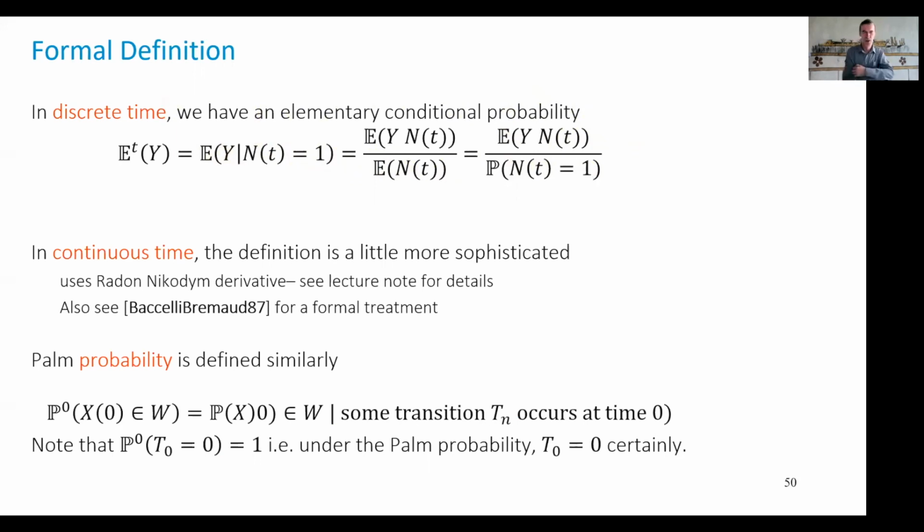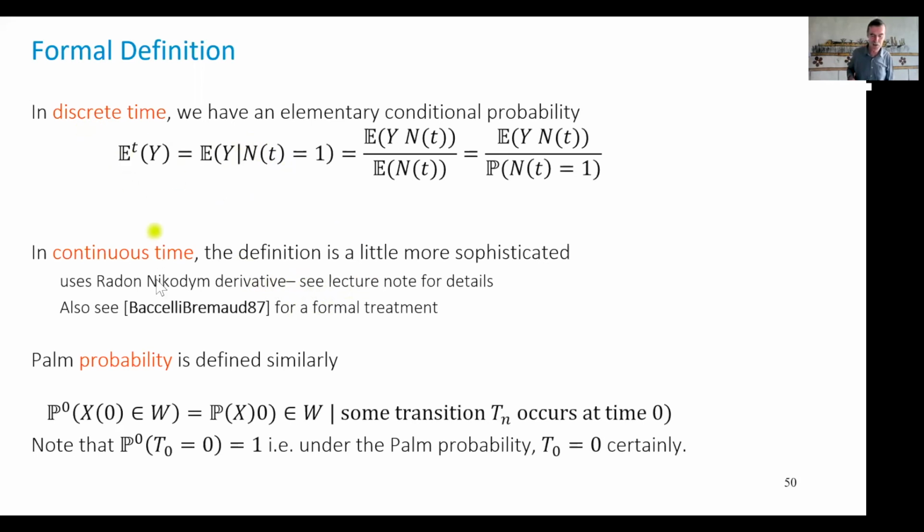Of course, you could say there's a contradiction, because if I sum all the probabilities, I should find 1, because I should find at least some positive number. But if time is continuous, this sum becomes an integral, and we have lots of nasty things, so it doesn't work as naively as I presented here. For that, you use what is called a Radon-Nikodym derivative. As a limiting case, you can imagine that you take a time slot that is finite, you let it go to 0, and in the limit, you will obtain the Pam probability.